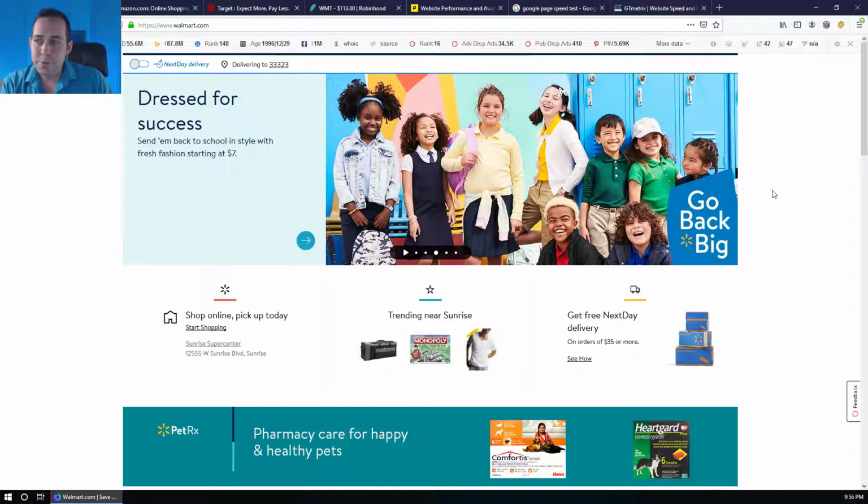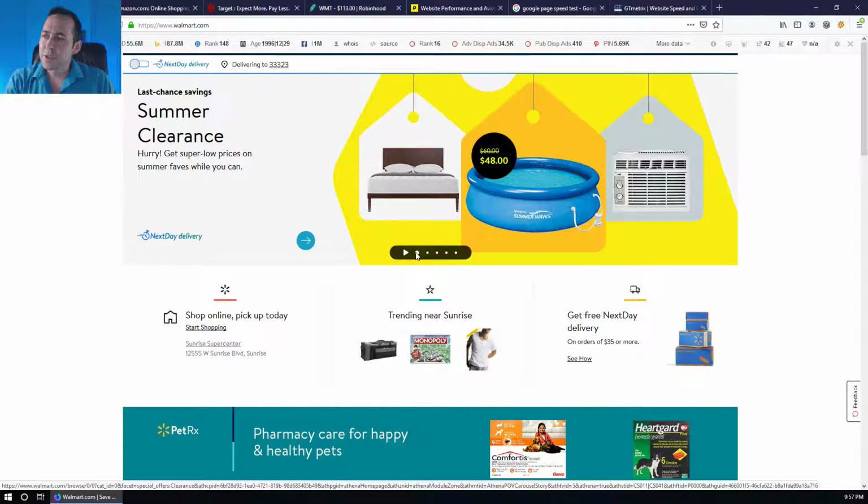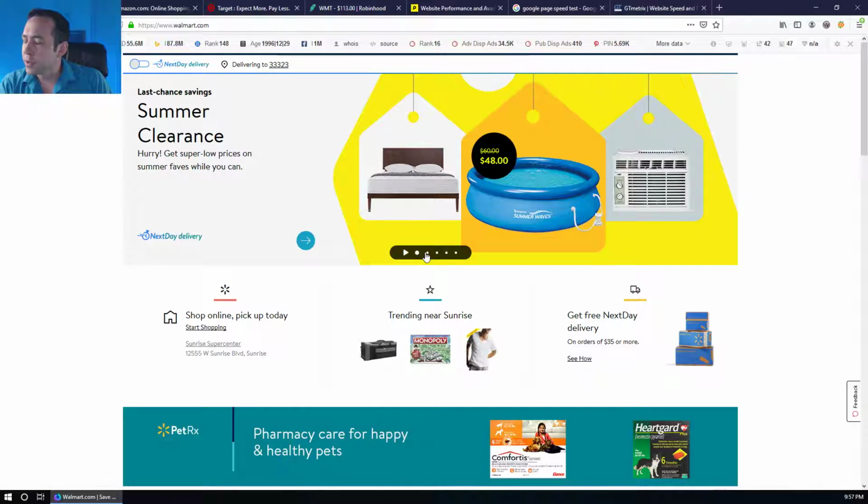So that's okay. We prefer the arrows on either side because that's a standard thing, but this is okay too. If we look down here, we get our secondary promotions. Obviously, these ones up here are sort of timely ones. I remember on Father's Day I looked at this site, and there was a lot of stuff for guys, like a lot of advertisements for tools and video games and sports and workout stuff and things that Walmart thinks men would like. But here we can see there's summer savings,